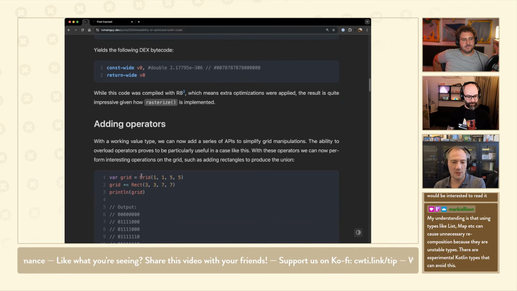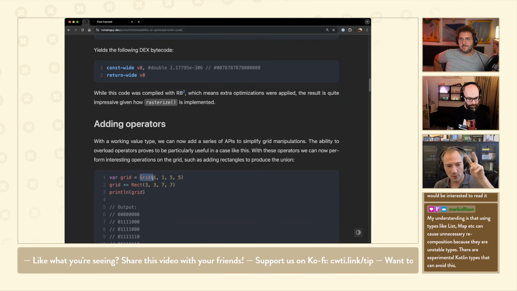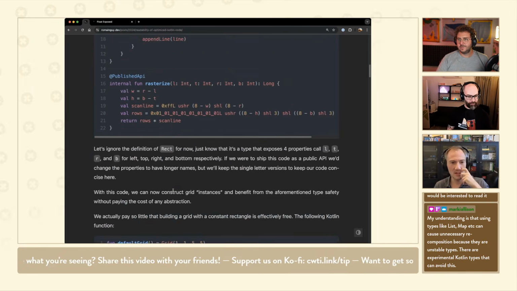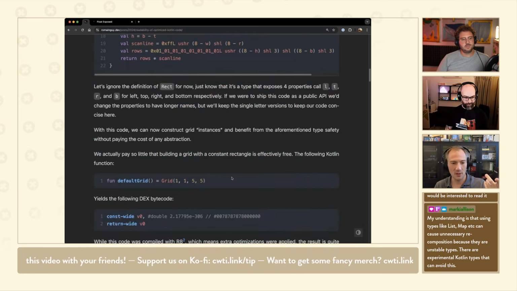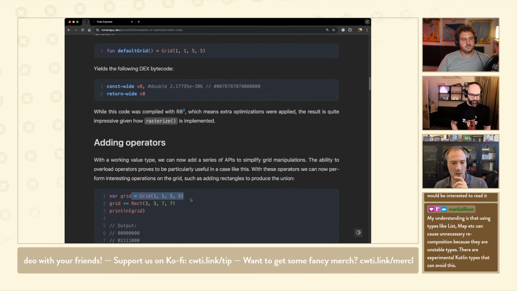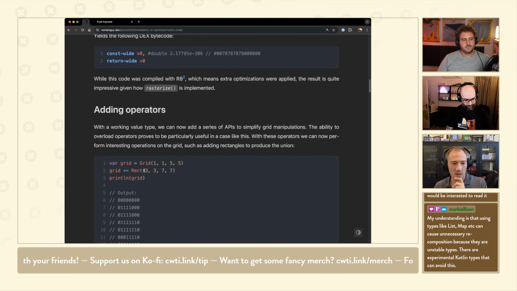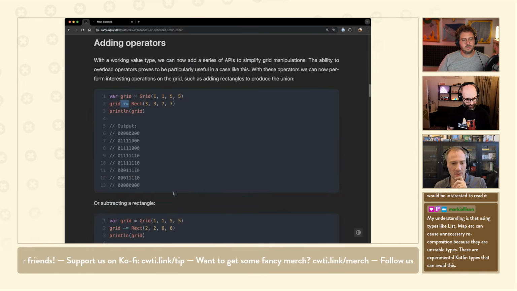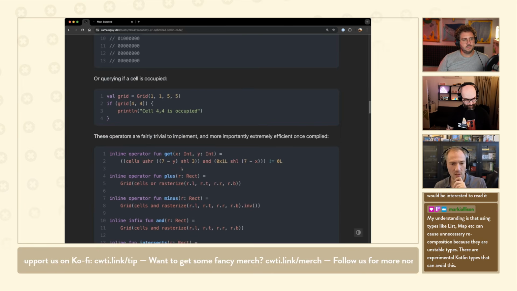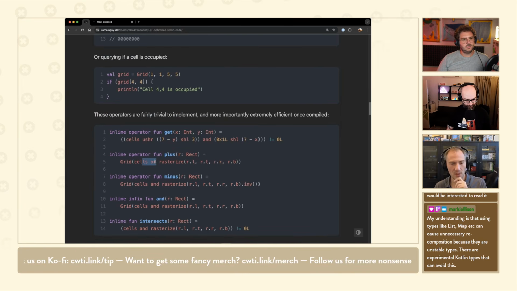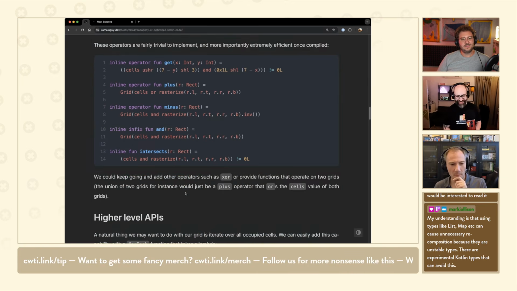So the way you use that code is still really nice, right? Like you create a grid, and actually what that function does, it returns a long. A grid is not a thing. It's just a long, right? It's an inline value class, so it's just a single long. So that doesn't do anything. A rectangle is also long, and when you add it to the grid or you subtract it, the way it's implemented is more dark magic of bit operators. So it also doesn't really do anything.